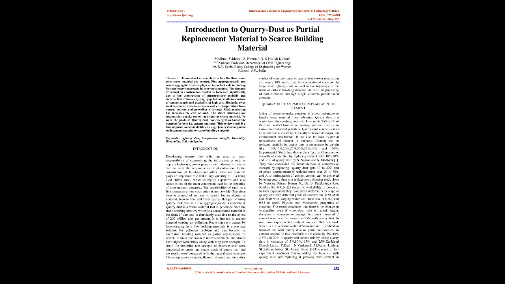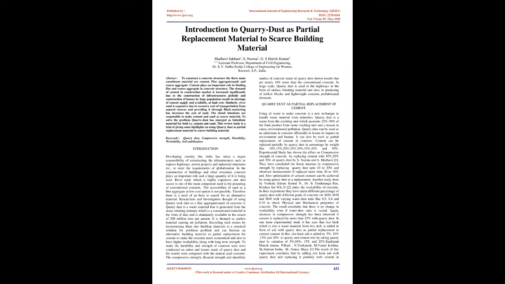Researchers and investigators thought of using quarry rock dust as a fine aggregate, sand, in concrete. Quarry dust is a waste material that is generated from the stone crushing industry, which is a concentrated material in the form of dust and is abundantly available to the extent of 200 million tons per annum. It is dumped as useless material, causing air pollution. Recycling such wastes by incorporating them into building materials is a practical solution for the pollution problem, and can become an alternative building material as partial replacement for cement to make the concrete more economical and also to have higher workability